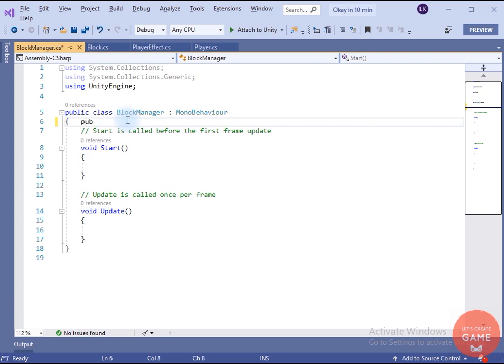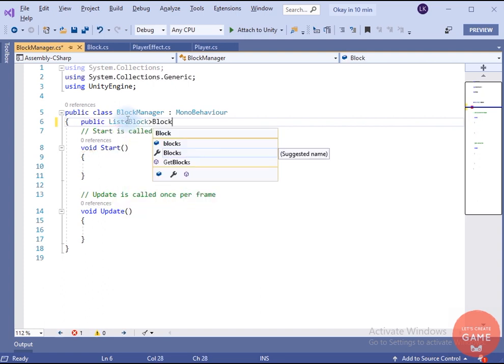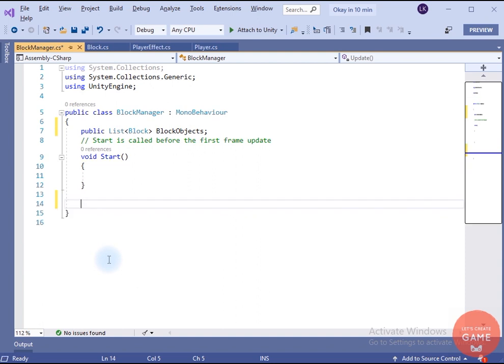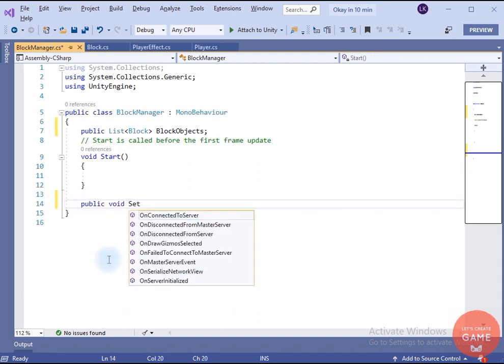We have to create a list. This will store all the blocks which are children of this transform. I will name it block object. We don't need the Update. I will create a SetBlockObject method